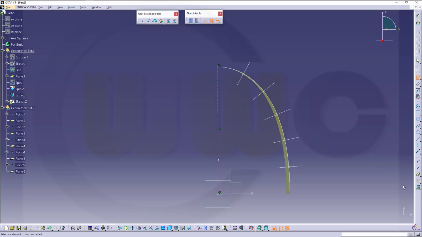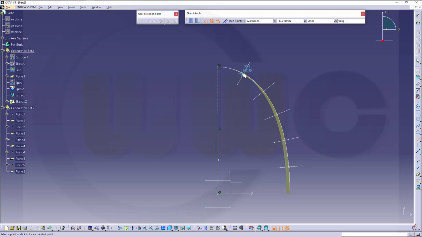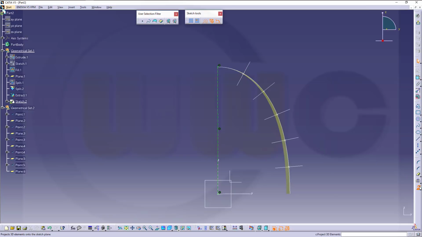So I think I will need the points. Yeah, so project those points. That's point 1, point 2, point 3, point 4. This should be okay. Point 2, point 3, point 4, point 5. I need lines which go from that projected point, which should be, so that didn't work. Let's project this one as well, the first one. Okay, now